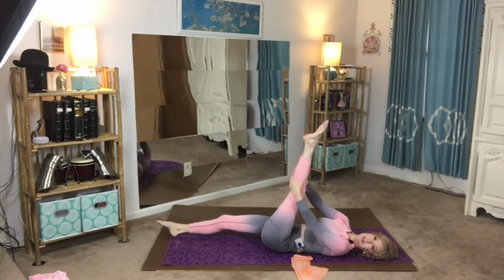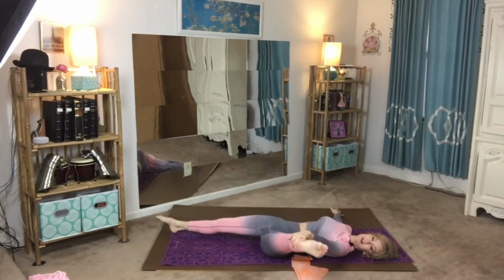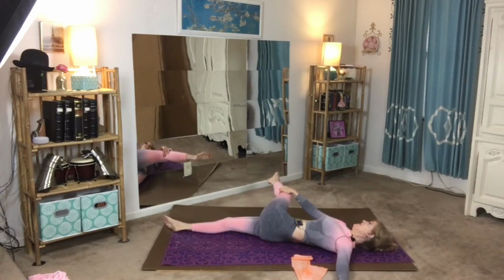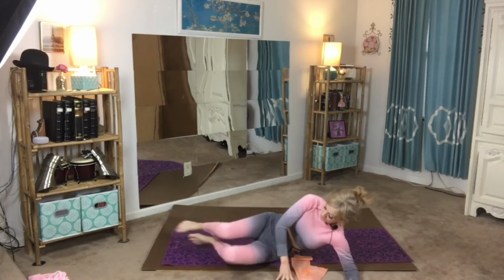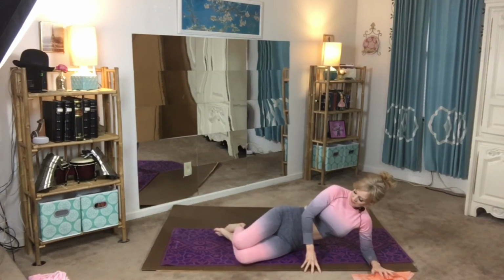Grab it down here if you need to. I'll take it out to the side, opening up your hips that way. And take it across your body. That feels really good on my spine as well. Nice stretch. Okay, another exercise that we can do is come over on your side, and both knees are bent,